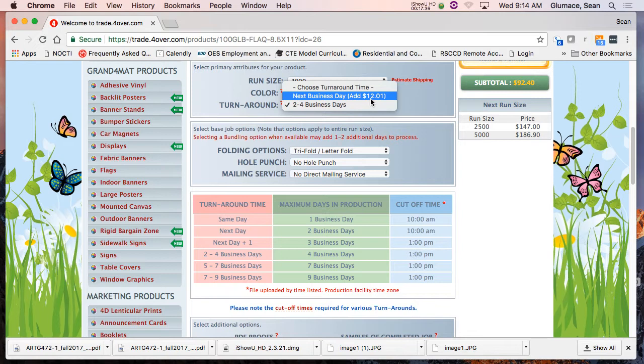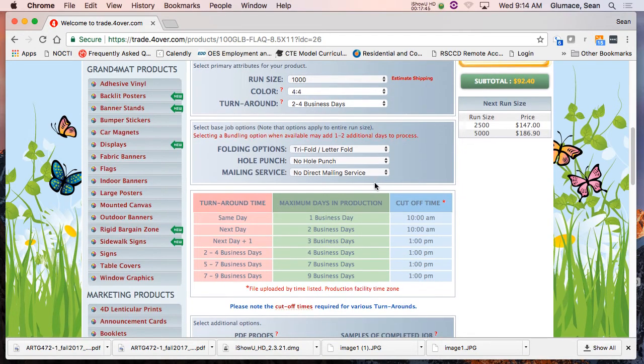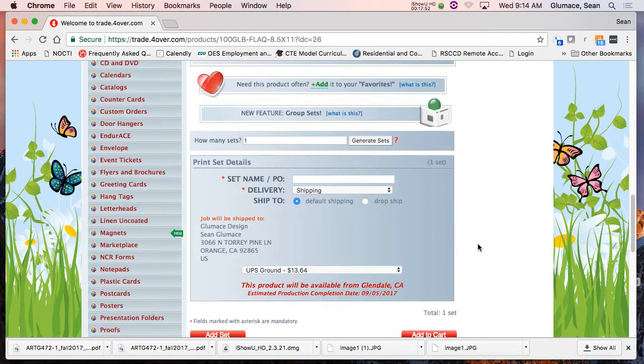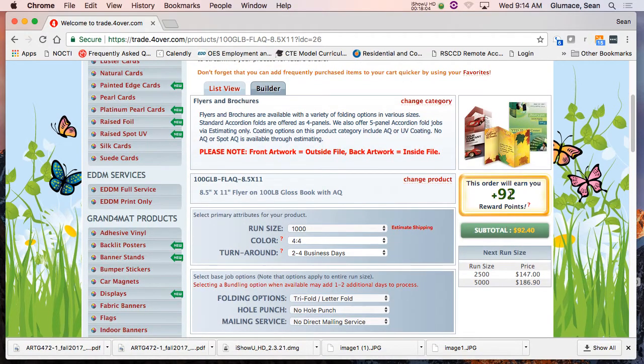Now, am I going to tell the client that? Oh, hell no. If we're doing this, we're going to mark that one way up. But that's my cost, so we're looking at just straight cost here. And then I'm going to have this delivered to my house, UPS. It's next day here in LA. They'll actually drive it over to your house too, or your place of business. They have a delivery system. So it's going to cost me $13 to do UPS ground for this box. So we're looking at $92 is my cost on this for 1,000 units.